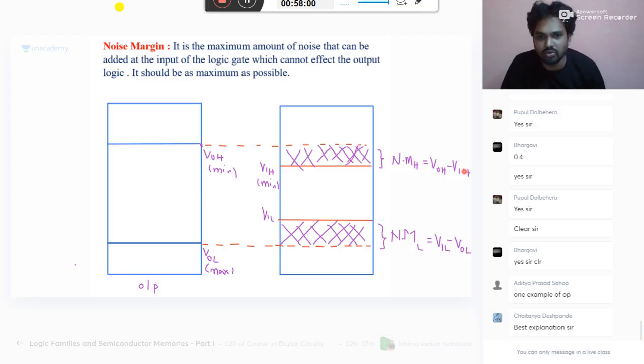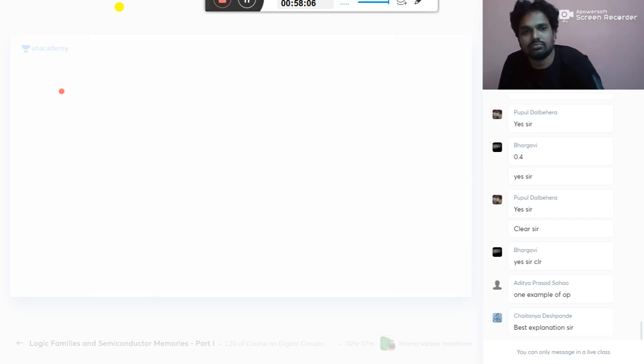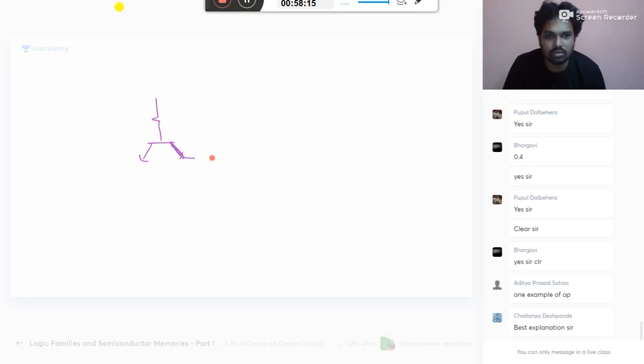One example of output. See here, actually, I can draw the circuit. I'm sorry, it is collector. Okay, this kind of circuit is there. I'm not drawing the complete circuit. Okay, so this is the point P. At this point, okay,